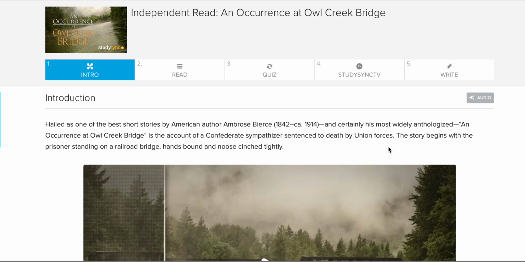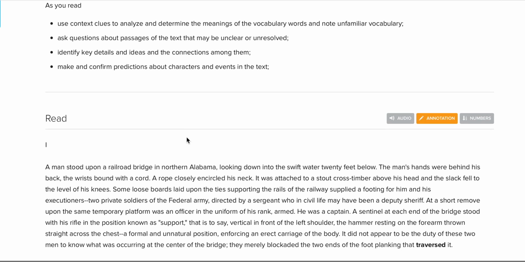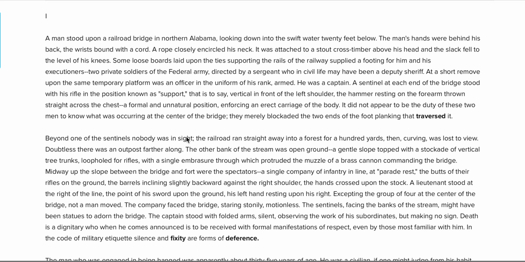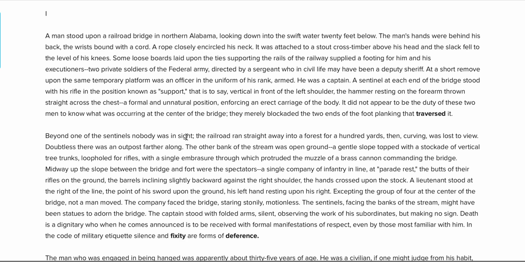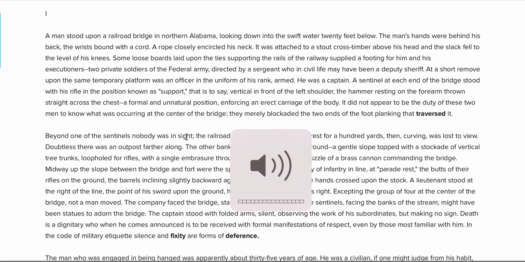Now the story begins with the prisoner standing on a railroad bridge, hands bound and noose tightly around his neck. Before we start, you need to know that the story is divided into 3 parts. It's very important to follow the timeline of the story in order to understand it well. Now in part one,